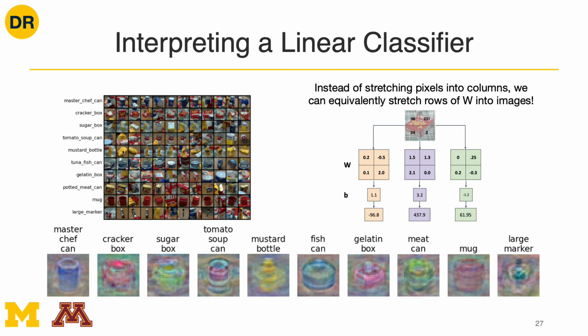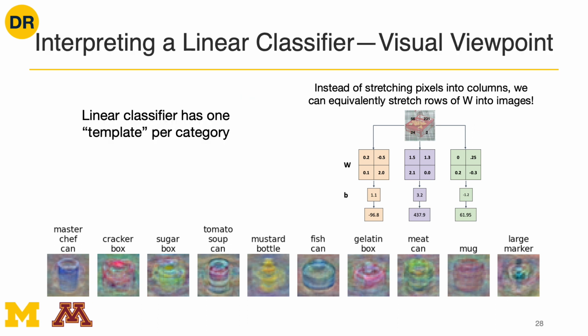And what I'm showing here, these are the templates that were learned by my model from this props data set that we'll be using for each of the categories. So in other words, each of these 2D images are really a row vector from a very large weight matrix that was learned by my linear model. And so what you can start to see if you take a look at these images is they really are representing,